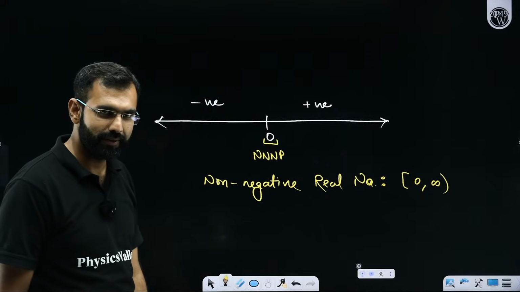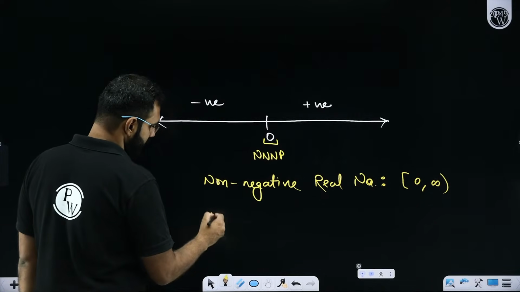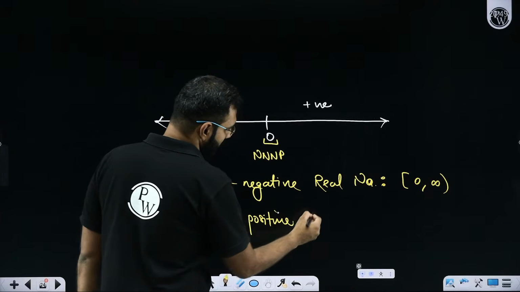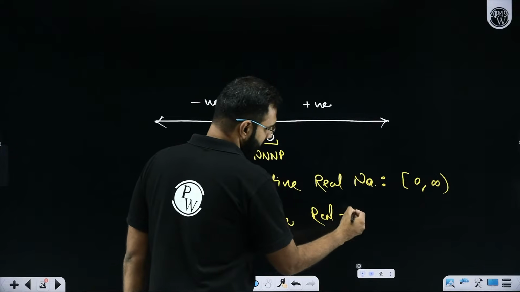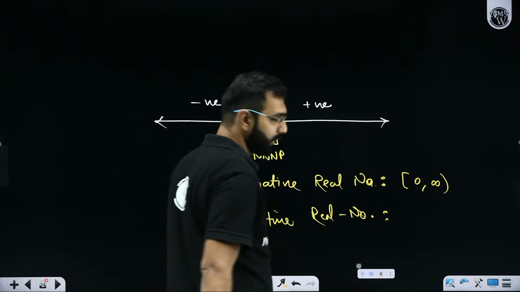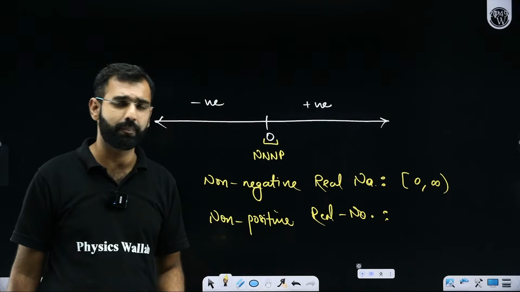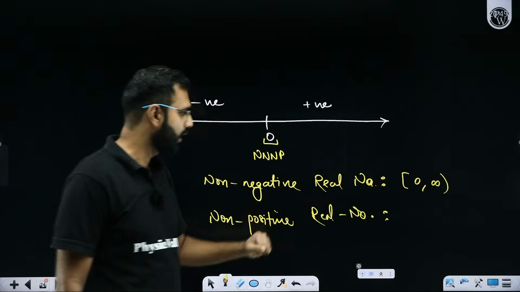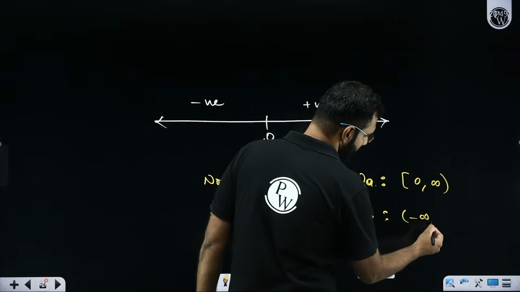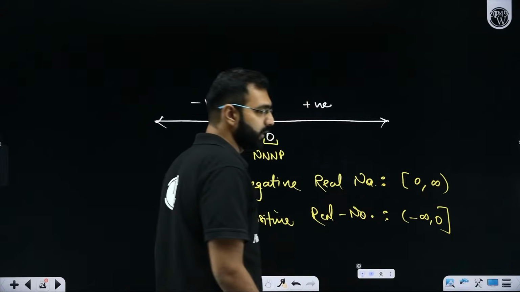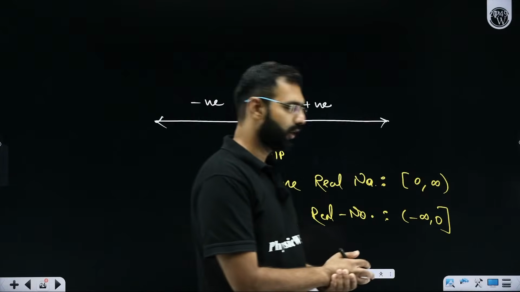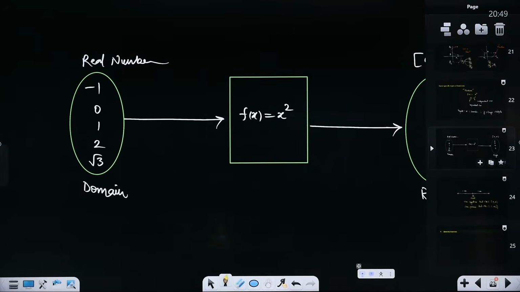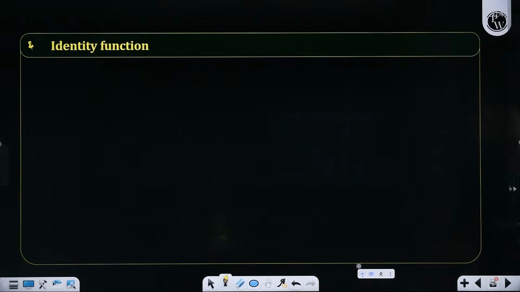Did you get my point? What if I ask you the set of non-positive real numbers? What will be your response in that case? I hope everybody has gotten it. Non-positive. Sir, we don't want positive ones. So if I don't want positive, I want either negative or 0, which means the set of -infinity to 0, where 0 is included. Did you get it now? The difference between R plus and non-negative, there is a difference. And you got it, I hope now.